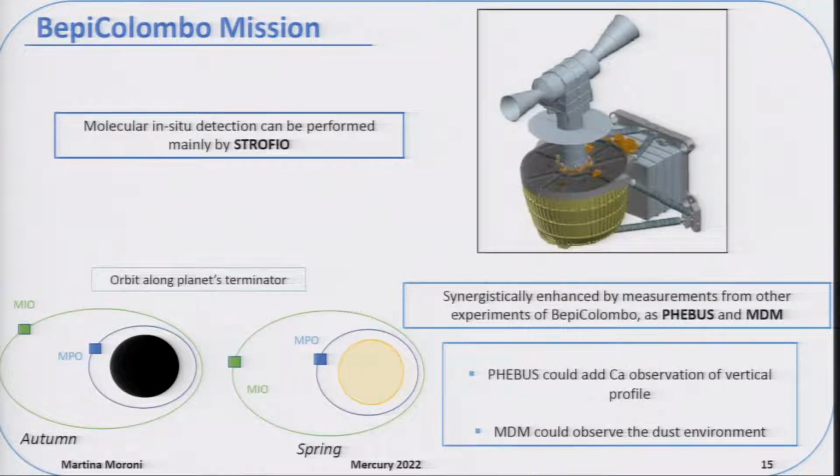So at the top there is a Strofio picture, because we think the contribution of this instrument aboard BepiColombo is very important, to give information not only about the calcium element but also about the molecules that are present in the exosphere. I only represent a possible orbit that was interesting, the orbit along the planet terminator, and I represent Mercury at two different times, in the spring and the autumn,